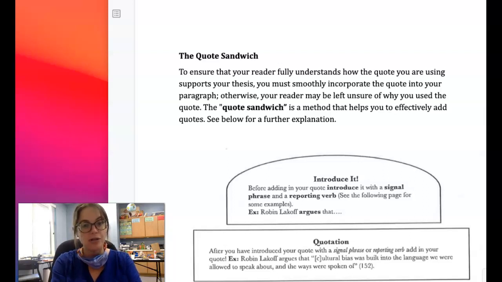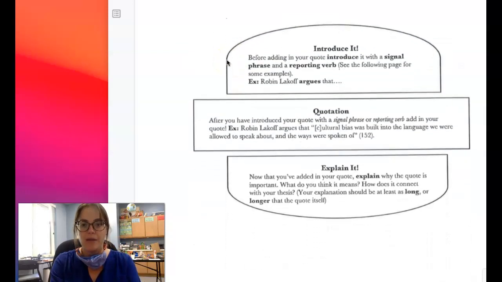To ensure that your reader fully understands how the quote you are using supports your thesis, you must smoothly incorporate the quote into your paragraph, okay? And explain the quote, right? Your reader should not be unsure why you are using this quote. The quote should have a purpose. It shouldn't just be stuck in somewhere in a confusing way. So we want to follow our quote sandwich format. All right, so